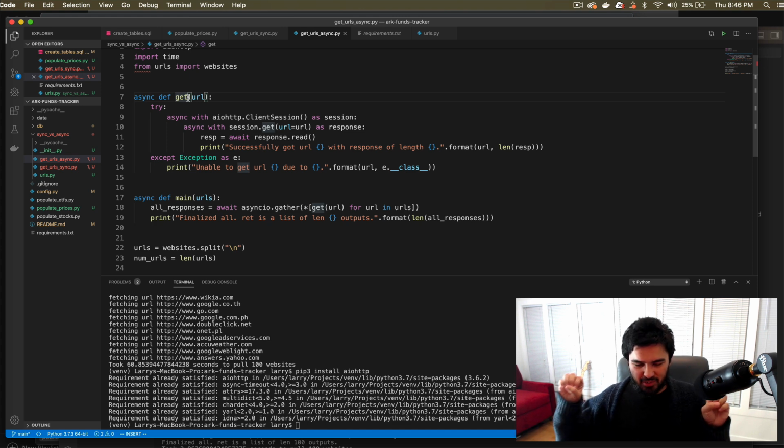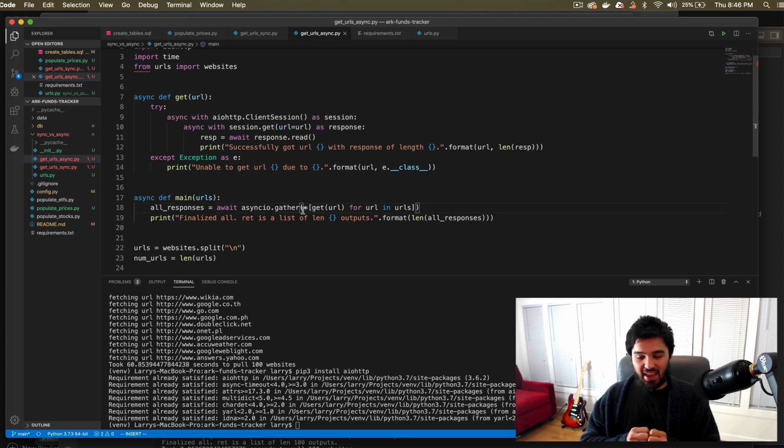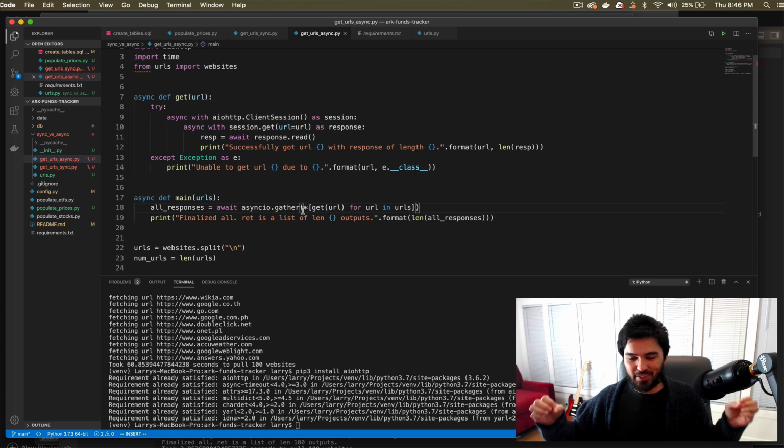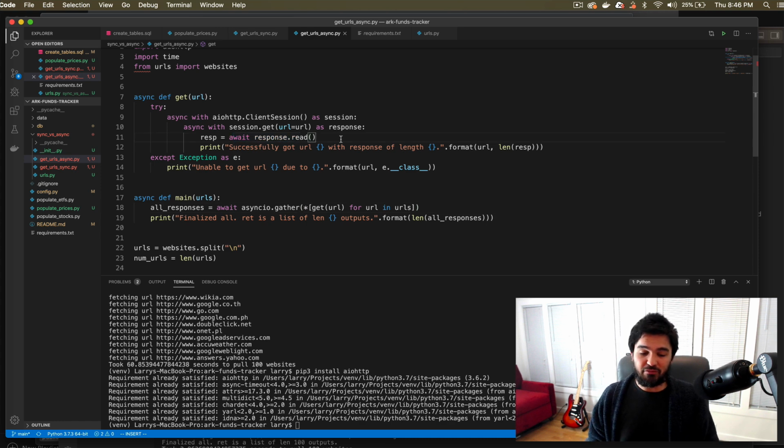So they can all just be fired off concurrently, similar to the chess example we have, right? So you're just making a move, making a move, making a move, right? And so asyncio.gather is basically giving a list of chessboards and saying make a move on each one, but it can just keep going on and on without waiting for this first web request to return. But once it finally does, it gets a response, and then we print this line saying we successfully